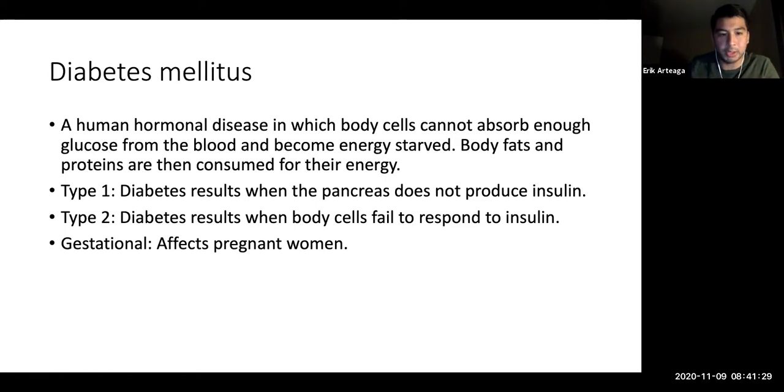So type 1 diabetes, again, is a result of when the pancreas does not produce insulin. So this is typically associated with diabetes at birth. So children that have diabetes just have the inability to produce insulin, right? And you're going to have to be artificially given or prescribed insulin, right? We talked a little about insulin production too, right? And in E. coli, again, that hormone can be harvested readily from E. coli, and it's going to be human insulin. So again, this person will have to watch their diet and take insulin for the rest of their life.